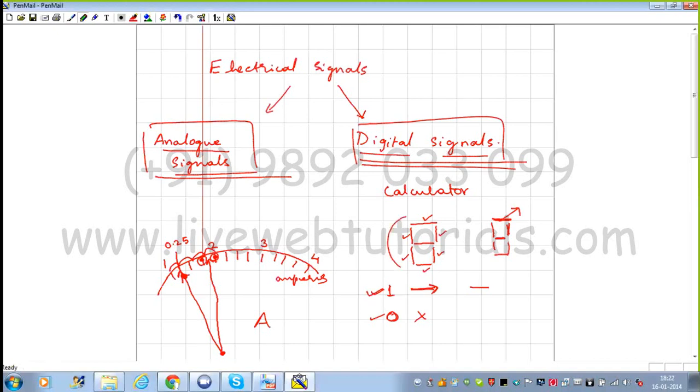As I've shown you in this example of the number shown by a calculator, I can just remove any one particular segment over here, and suppose it is showing this kind of a signal, then what is the number that is indicated? 2. Okay, so this is the difference between the digital signal and an analog signal. When this line is present, it means the current is passing through that particular part of the display and the signal is there. And if it is not there, in that case there will be no current and that particular signal is not there.